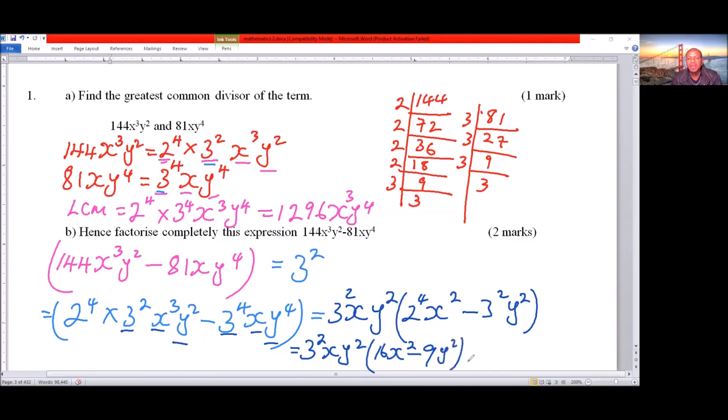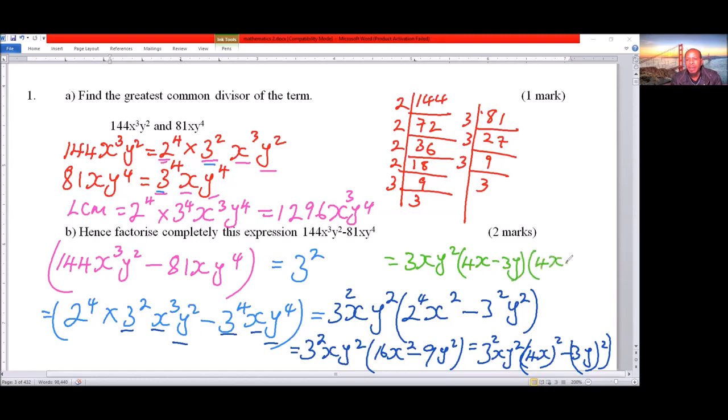So you note here is a difference of 2 squares, because we can write this as 3 squared x y squared. Here we can write 4x, put the bracket here, squared, minus 3y, squared. So that's a difference of 2 squares, which we can now write as 3x y squared. The difference of 2 squares will give us 4x minus 3y, and in the bracket 4x plus 3y. So that is how you get the LCM of that, and with that you should get the full mark